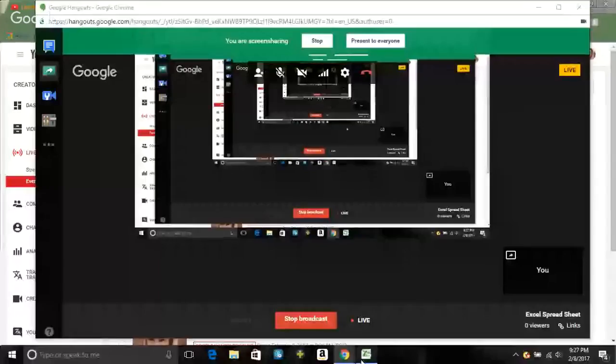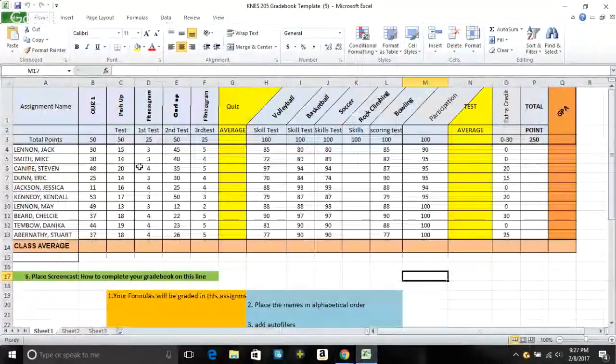Hi guys, today I'm going to show you how to organize an Excel spreadsheet. So what you're going to do is go to the template that she gave us online, and first we're just going to go ahead and organize all the information